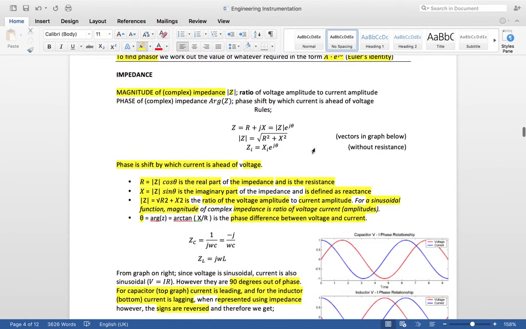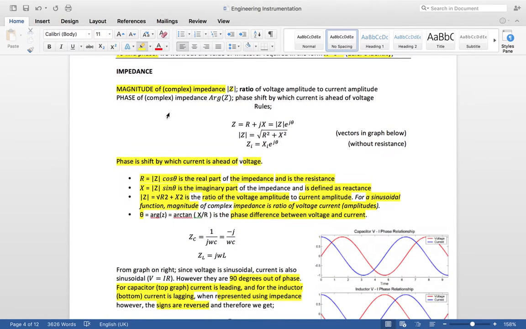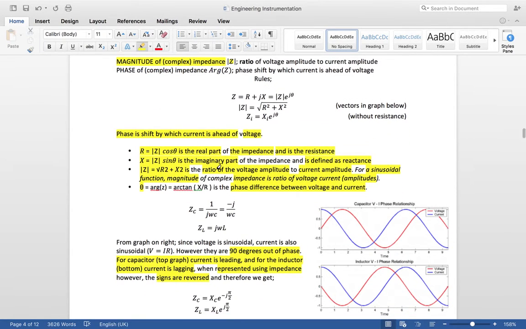Now let's move on to impedance. Impedance is the magnitude of complex impedance. So this impedance is represented by the following expressions, and now I'm going to explain this. Phase is the shift by which the current is ahead of voltage. So in this equation, R is given by Z cos θ, and it's the real part, and it represents the